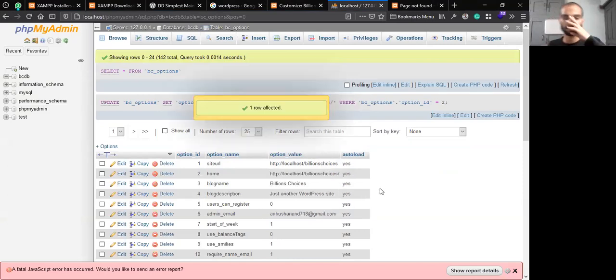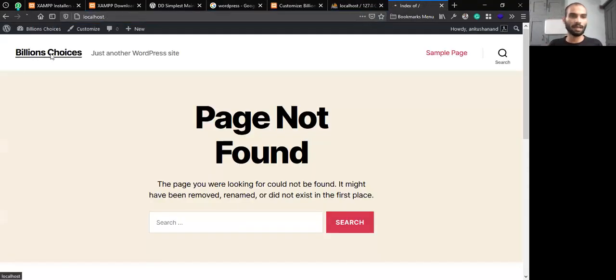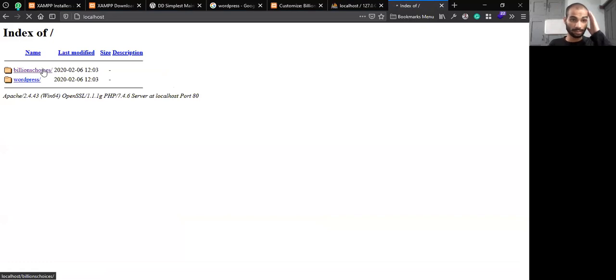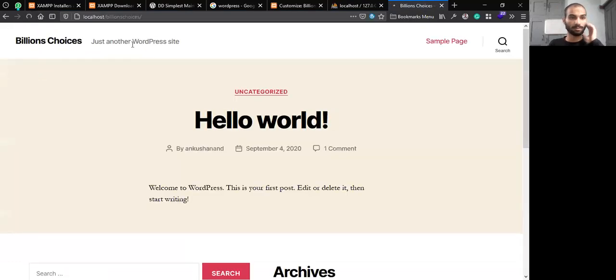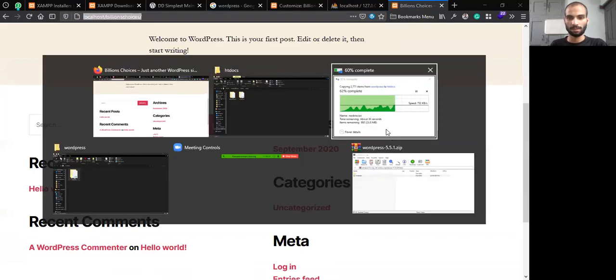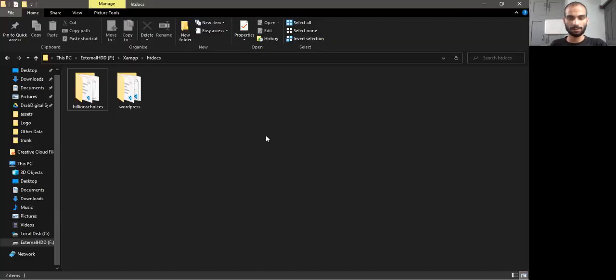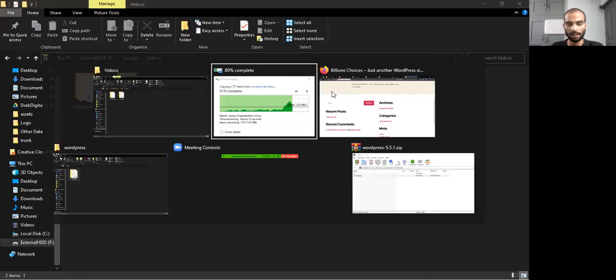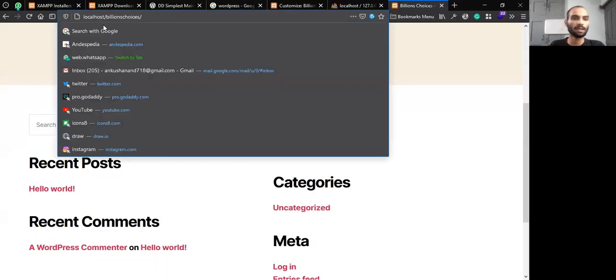So here it is. Here I just have to change this one only, and now you can see my homepage is this, and my website is running on this domain. Now you can add as many folders here as you want. You can name them whatever you want, and all those folder names will be the site link, like localhost/ if I keep the folder name my site, it will be my site.